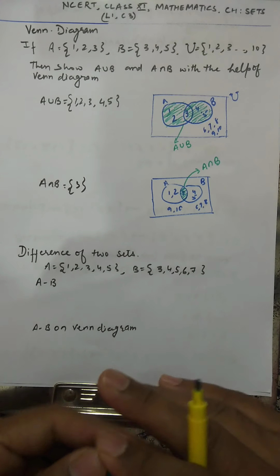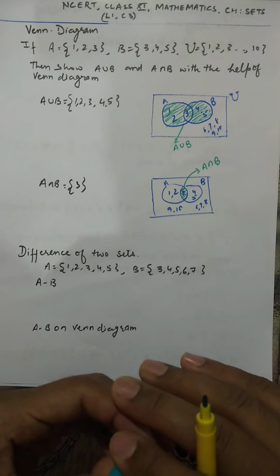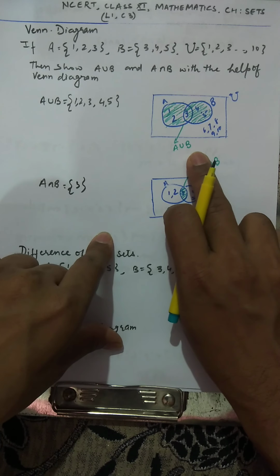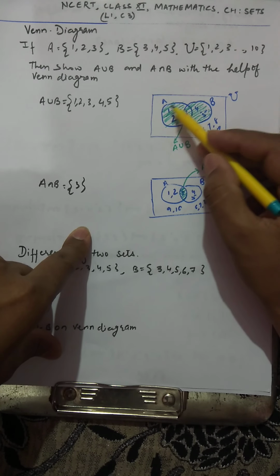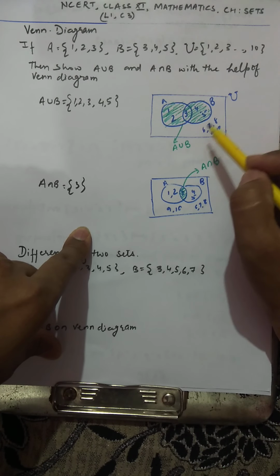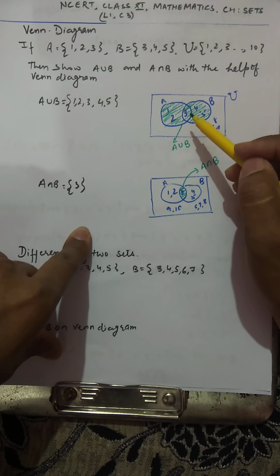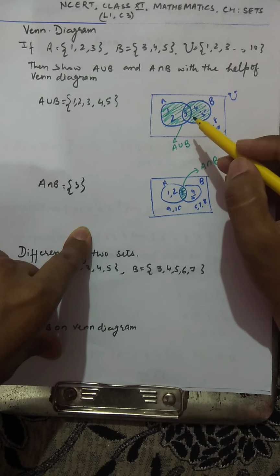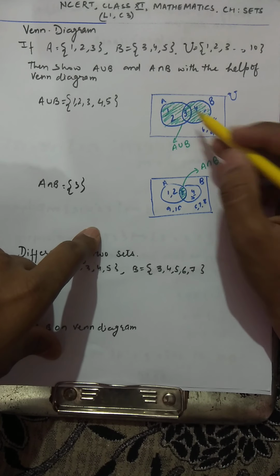From these two figures we can conclude some very important things, and you can note them down on a separate paper. But you see, when I'm finding A union B, what's happening exactly? When I'm shading A first, then A is completely shaded once. When I'm shading B, then B is again shaded once. So the common portion, which is A intersection B, has been shaded twice, and you know that the elements of A intersection B cannot be written twice in this set. So how do we solve this issue?